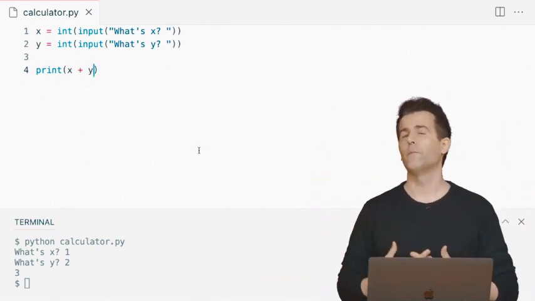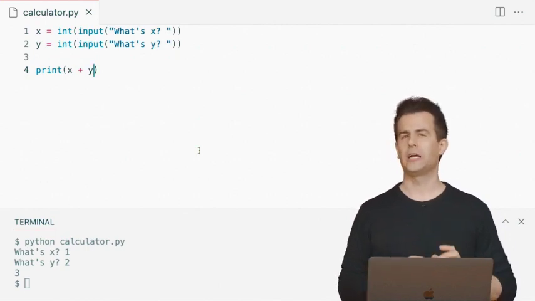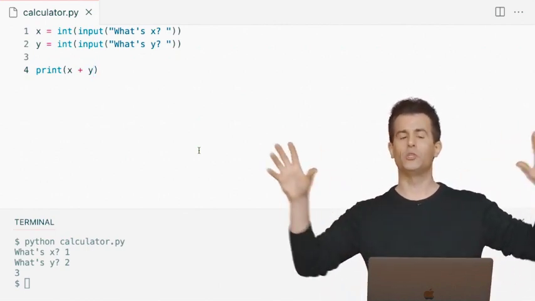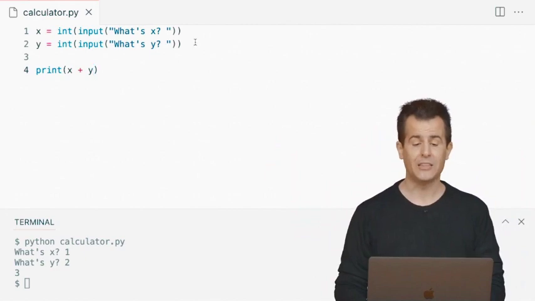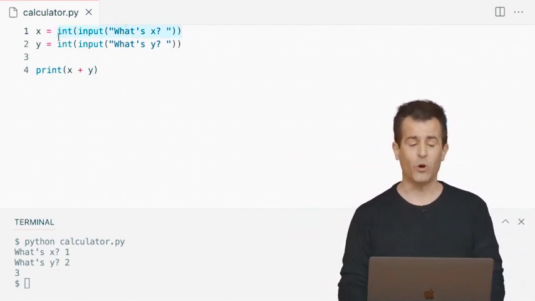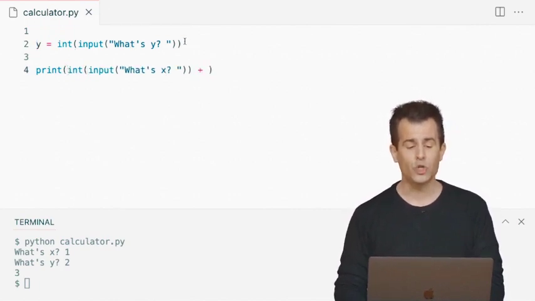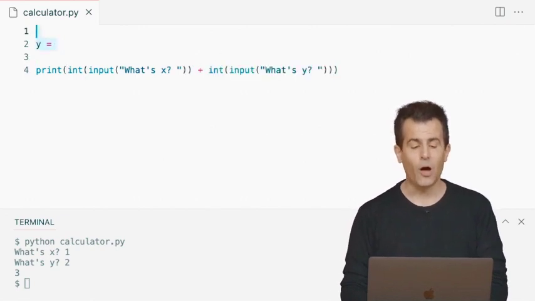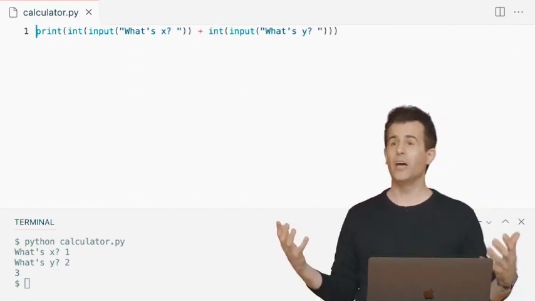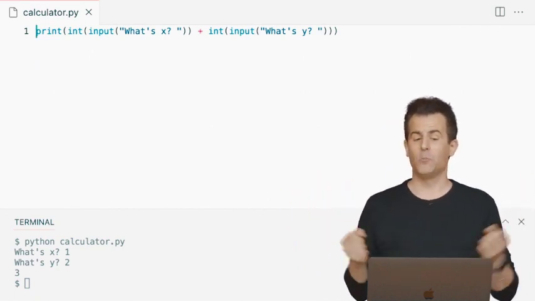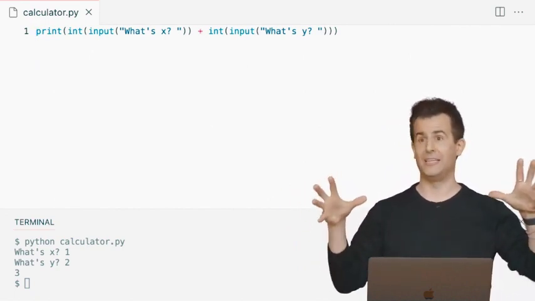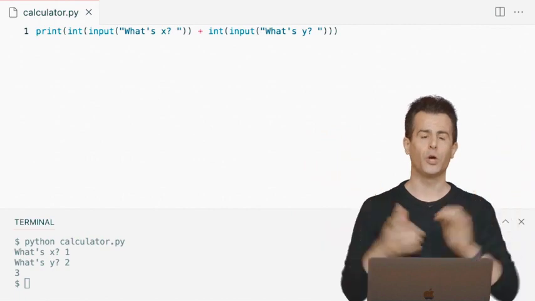So as you get more comfortable with programming, you might be tempted to try to combine an entire program into one long line. For instance, let me do just that. Technically speaking, we don't really need x in a variable. We don't really need y in a variable. We could also do this. I could just get rid of x and y altogether. I could then now eliminate that and make it just one line of code. OK, so in some sense, you might be inclined to think, wow, that's really nice. You made it one simple line of code.